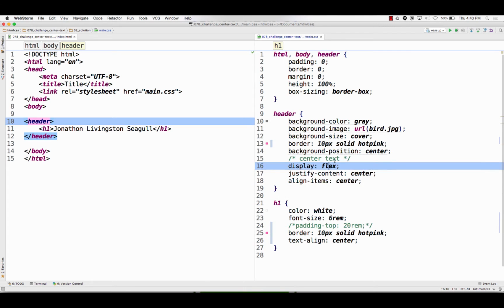And so display flex, justify content, centers along the primary axis, which is horizontal because it's a row, and align items along the vertical axis. And the header is 100%, so this is centering it in the middle of the header area. And then I just said the text color is white, font size is bigger, 6 rems, and then text align